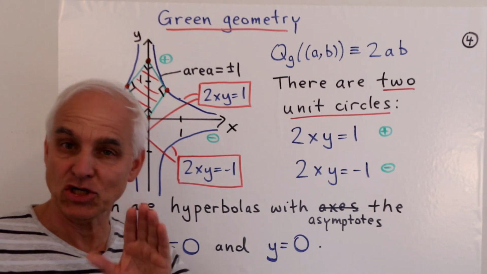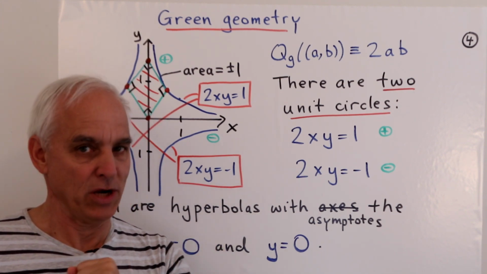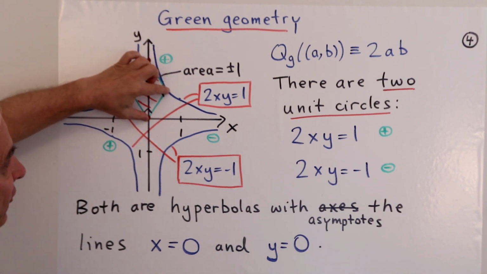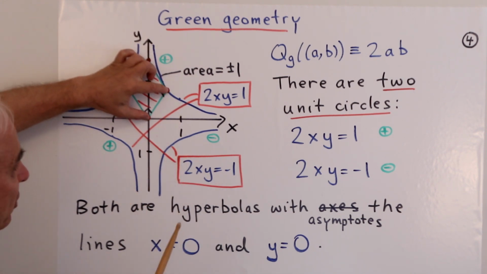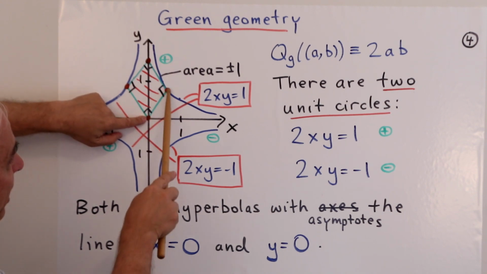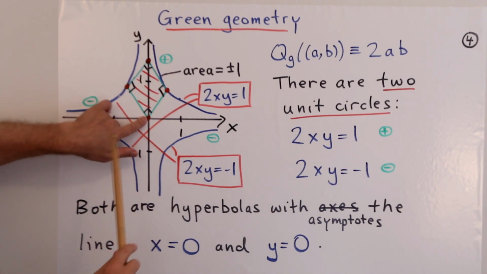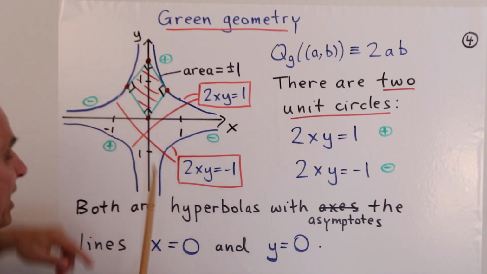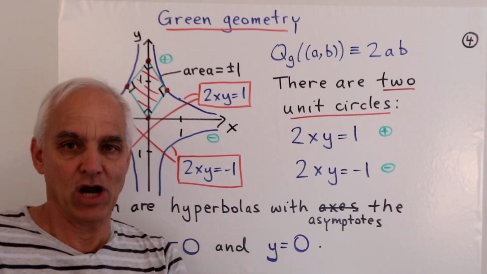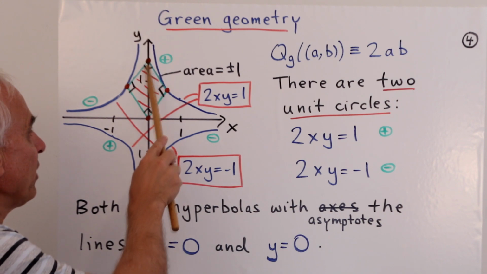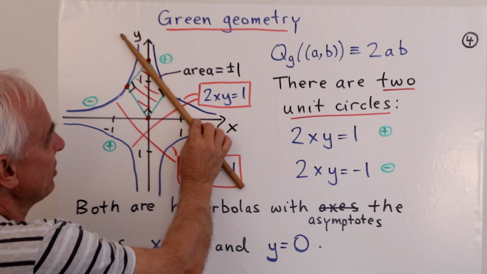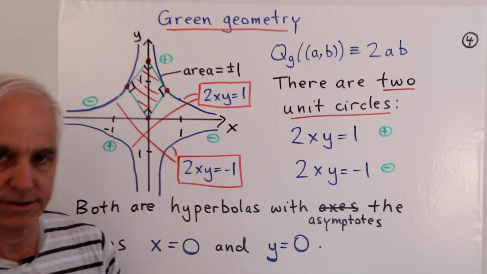Now the same interpretation of quadrance applies here as in the red situation. If we're interested in what it means to have quadrance 1, if something's here, it means that it has quadrance 1. What that means geometrically is that if you take the parallelogram formed by this point and its reflection in the x-axis, which will lie on the other hyperbola, then that is a parallelogram which is like a green square in this geometry. So all of these things are perpendicular here. And just as in the red geometry, it turns out that this line here is actually a tangent to the hyperbola through this point.